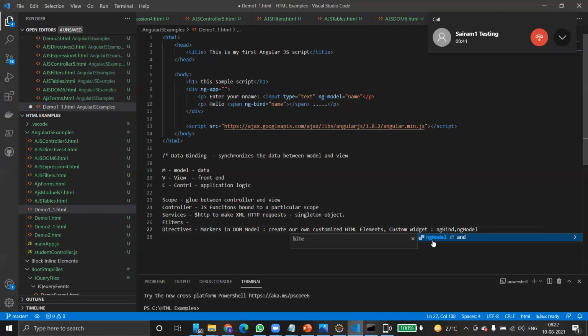Quarter to 7. No, actually, the problem is we have so many topics. That's the reason I planned to take 2 hours, 6 to 8. But I know many people find it difficult to get up at 6, that's why we started at 6:30.